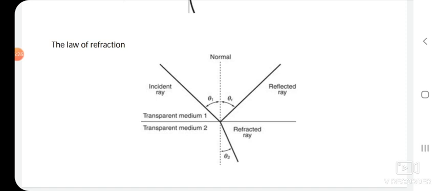A light ray traveling along the normal, with an incident angle of 0, will not be bent. If theta 1 is 0, which is along the direction of the normal, in that case light cannot be bent. As we know, the ratio of the speed of light in a vacuum to the speed of light in that medium also gives the refractive index.